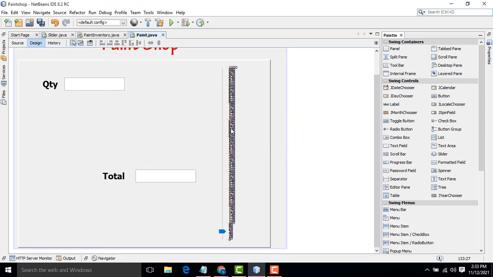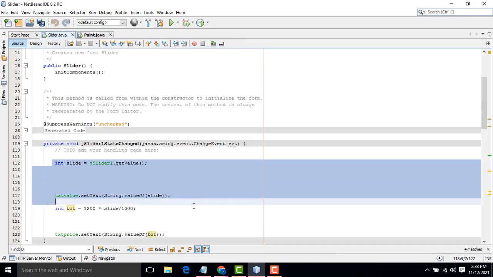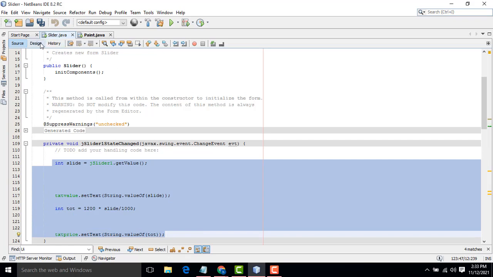Now if I move the cursor, I want to display the quantity as well as calculate and display the total. Those are the two things I need to display. So I don't need to waste the time. I just copy and paste the code, and I will explain it. Don't worry about that.